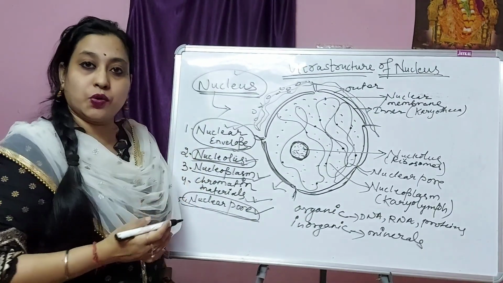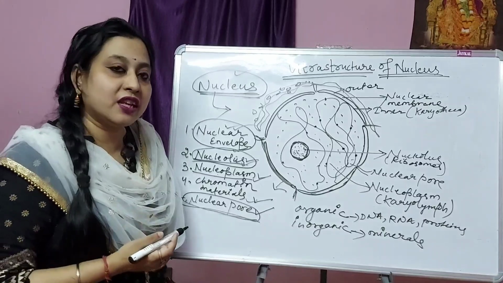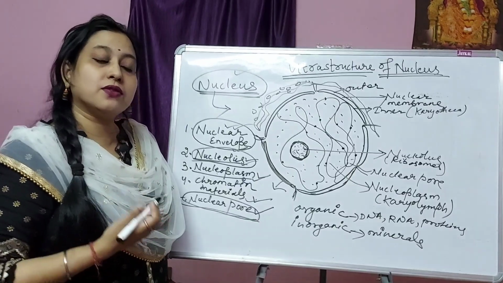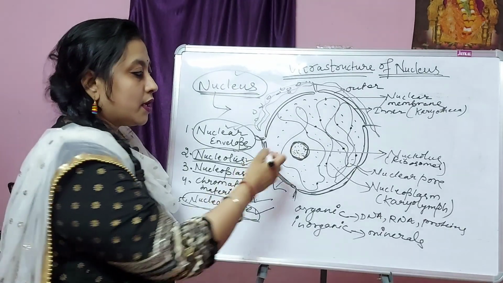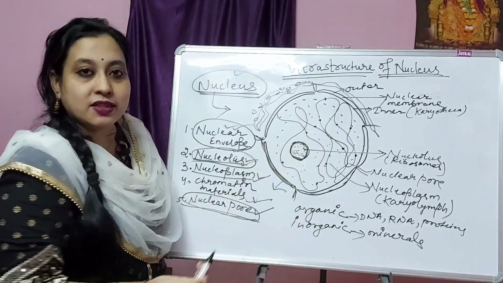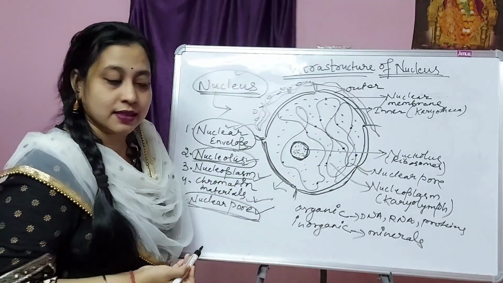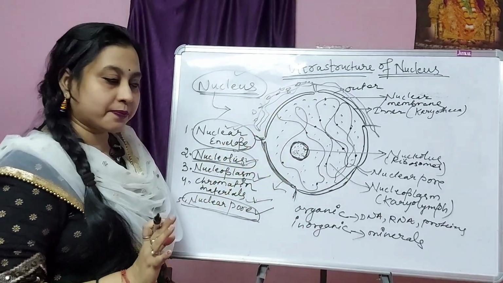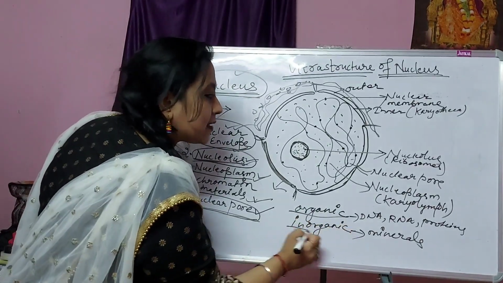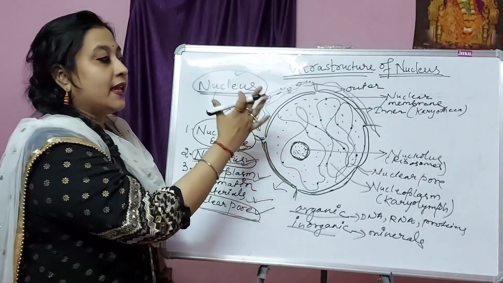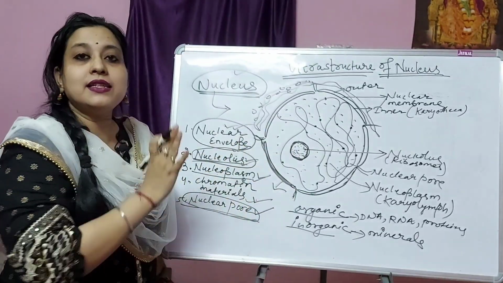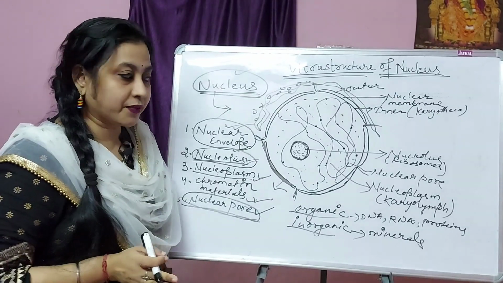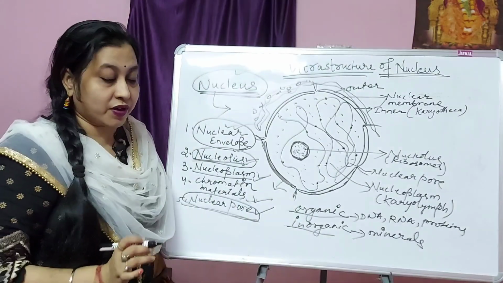As I already told you, the nucleus contains hereditary information. So nucleus contains DNA, RNA, proteins, and enzymes. This nucleoplasm provides a site for synthesis of those substances, as well as space so that they can be present here in the matrix. So this nucleoplasm, the inner content of the nucleus, consists of many vital substances like DNA, RNA, as well as some enzymes, some proteins. Then nucleoplasm is over, function also over.